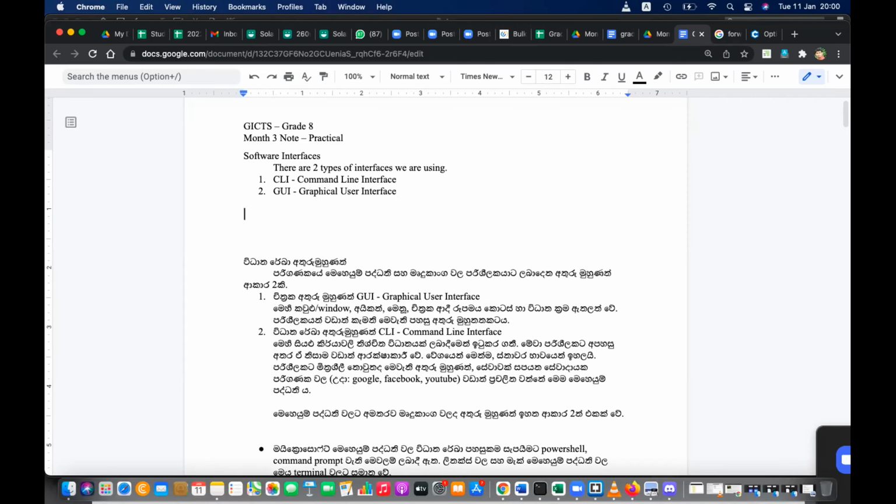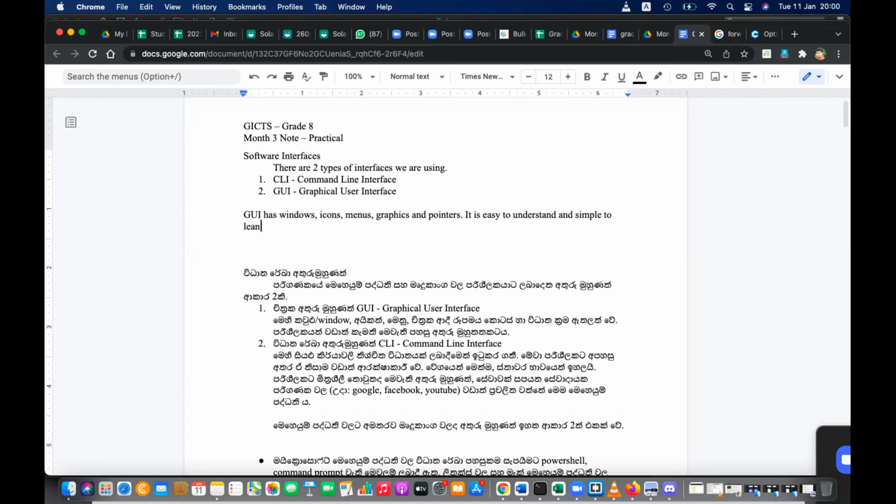Okay, under that, you can write: GUI has windows, icons, menus, graphics, and pointers. It is an easy to understand and simple to learn interface.